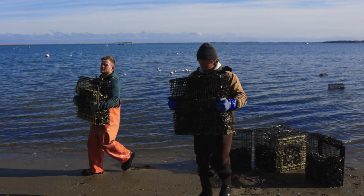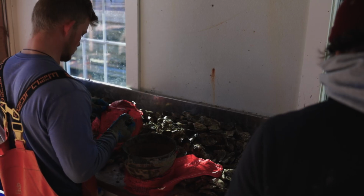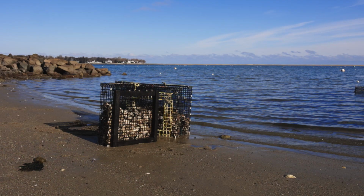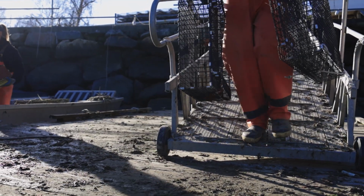We have tens of millions of oysters in the bay, and they're filtering with excessive algal blooms and nitrogen. In a way, you could say Island Creek is saving Duxbury Harbor. Definitely improving it. It's the only protein I know of that we as a society grow that actually improves the